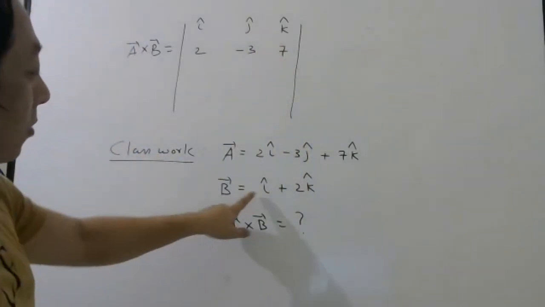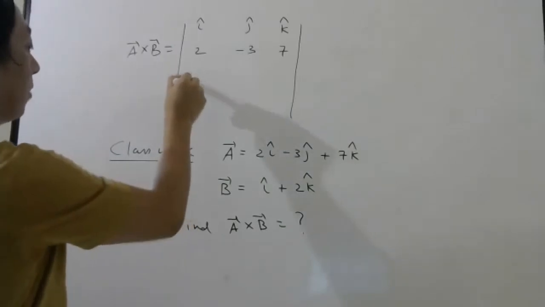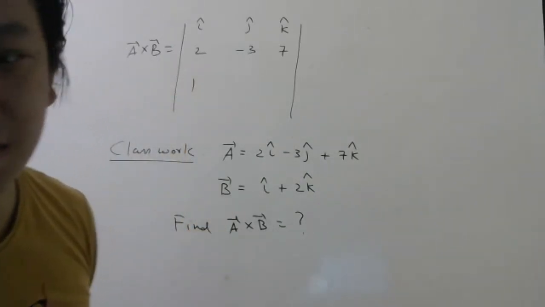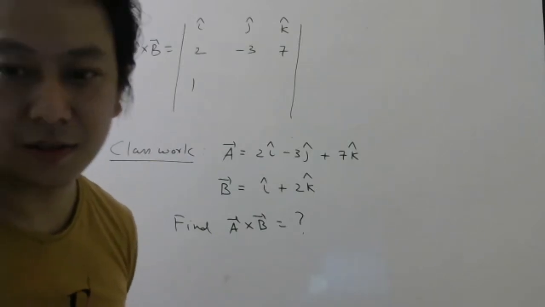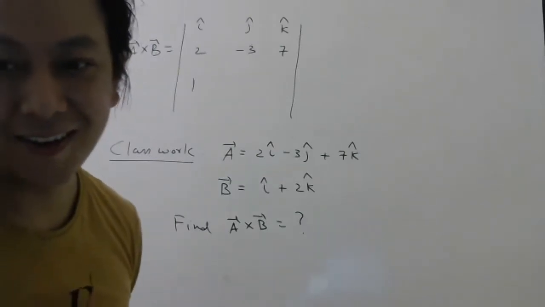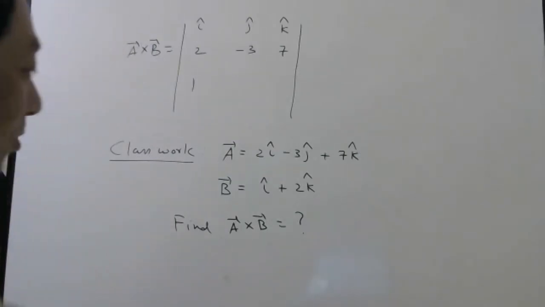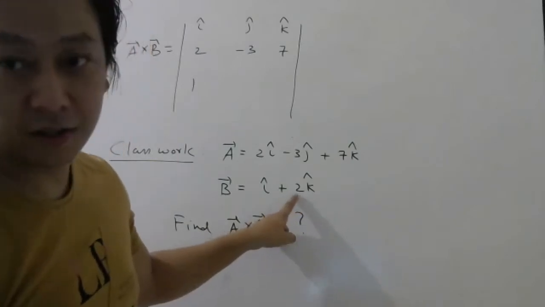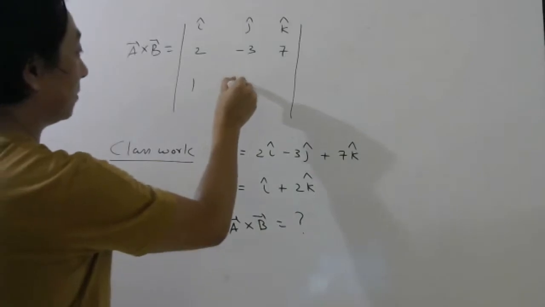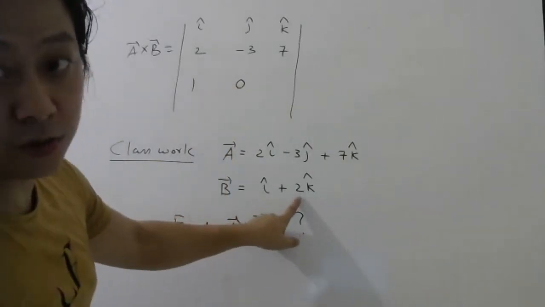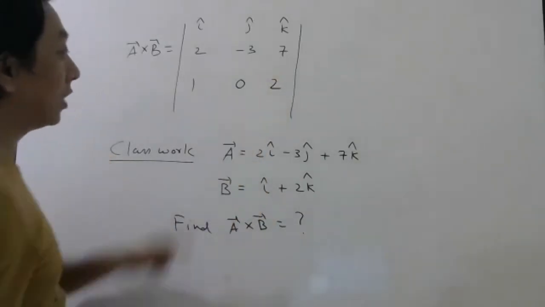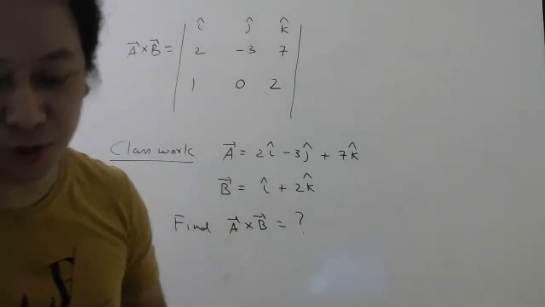Next one. What is the X component of B bar? 1. What is the Y component of B bar? Be careful. There is no Y component. Don't write 2 here. This is your Z component. So Y component is 0. Z component is 2. Z component matlab k cap along the Z axis. So whenever there is a 0, it will become easier for you.